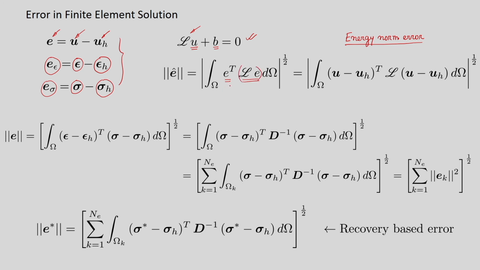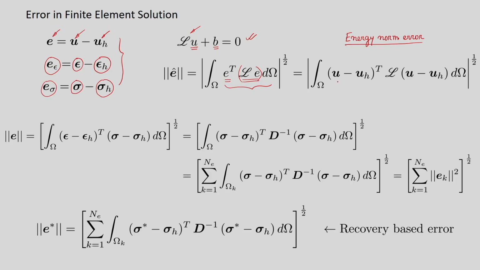Okay. Because this will then become a scalar, we will integrate it over the whole domain omega and we will take the square root of that. We will take the mod of that and then take the square root. So, that will be a scalar measure of the error, and it will also contain the information from all portions of the domain. Alright. So, if E we elaborate as u minus u hat, then the expression can be written as u minus u hat dot operator L operating on u minus u hat, alright.